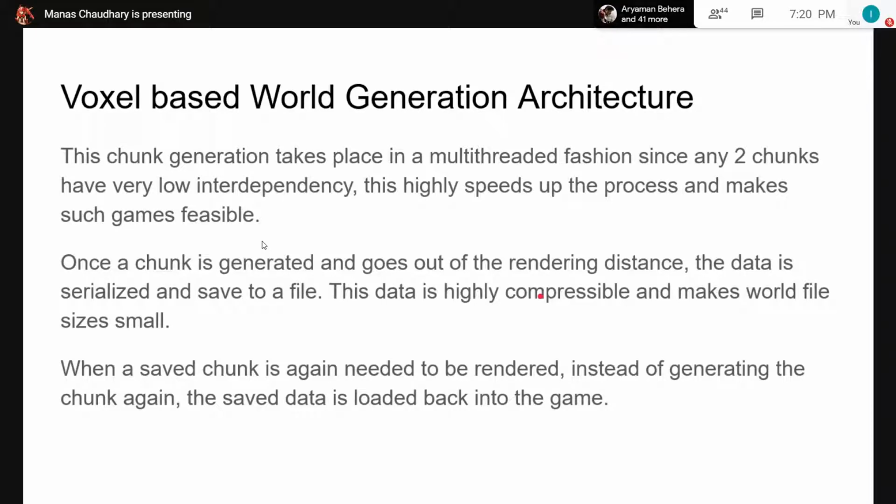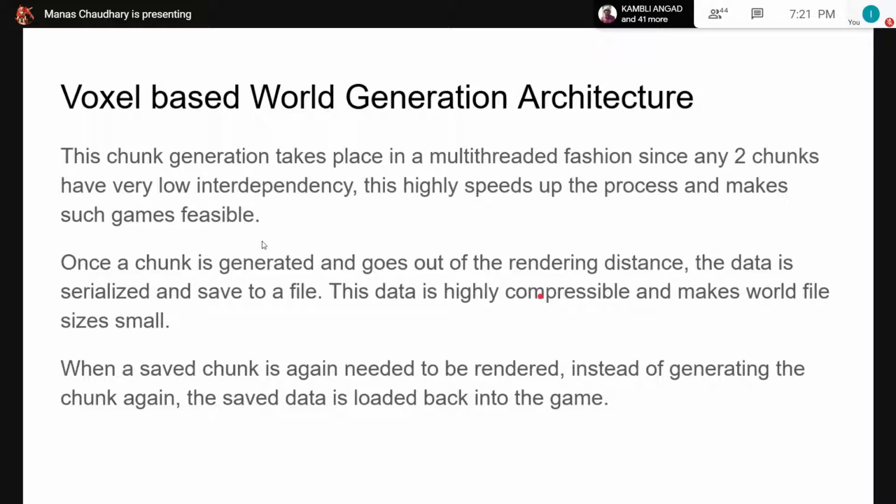This chunk generation takes place in a multi-threaded fashion because two chunks have very low interdependency, and this highly speeds up the process and makes open world games feasible. These chunks are generated starting from the reference point and going outwards, until we reach the set number of maximum chunks.